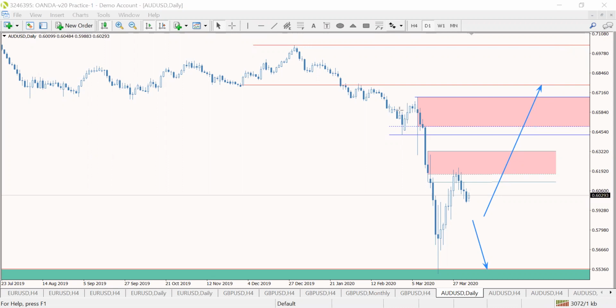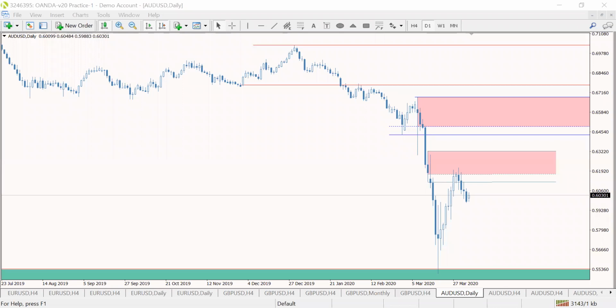If it continues to go down, it means that I'm not gonna be here. I won't take this trade. I'm not taking this trade. I will only look to take this trade. Only this trade. Okay, I'm only looking to take that trade.